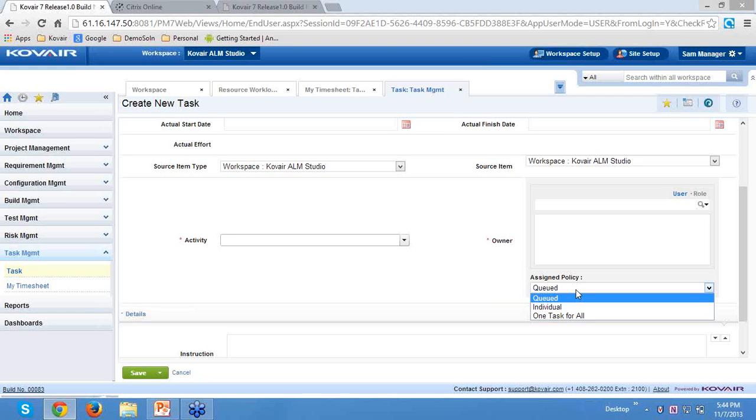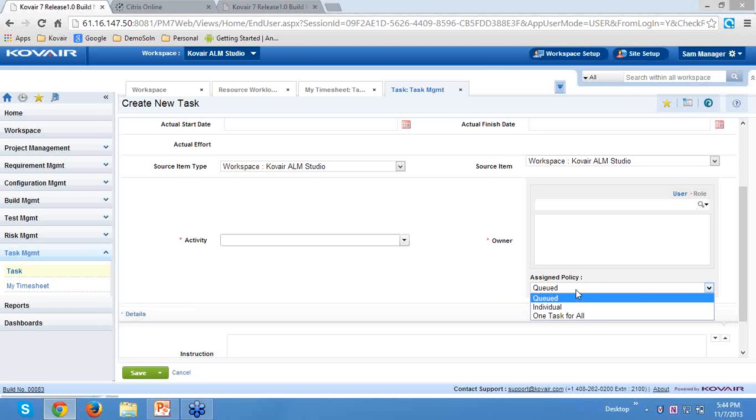Sometimes it happens, for example in a call center type of application, that an issue gets entered and a task gets generated for the technician who is available earliest.